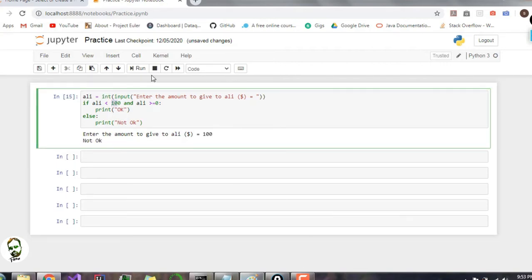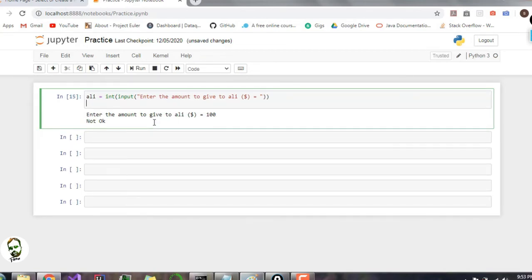Now moving on, if I want to write it in one line, a short form, there's a thing called a shorthand if else. First of all, let me just go back.